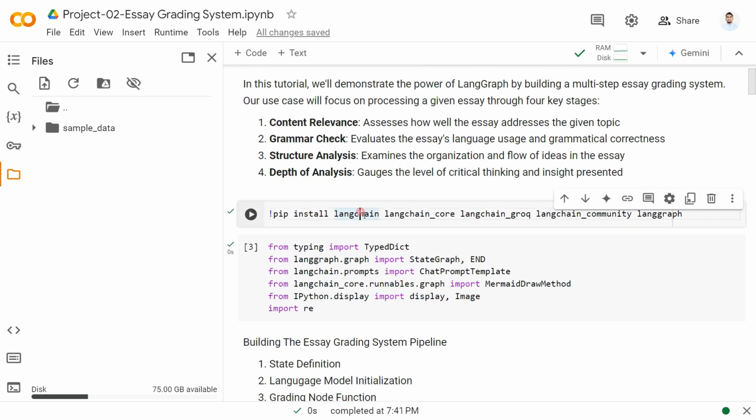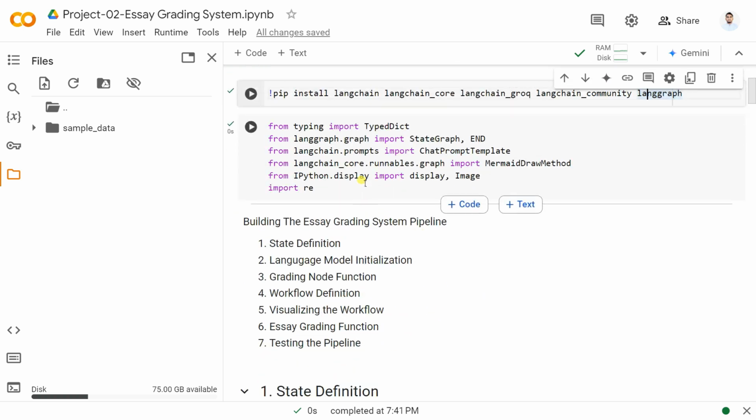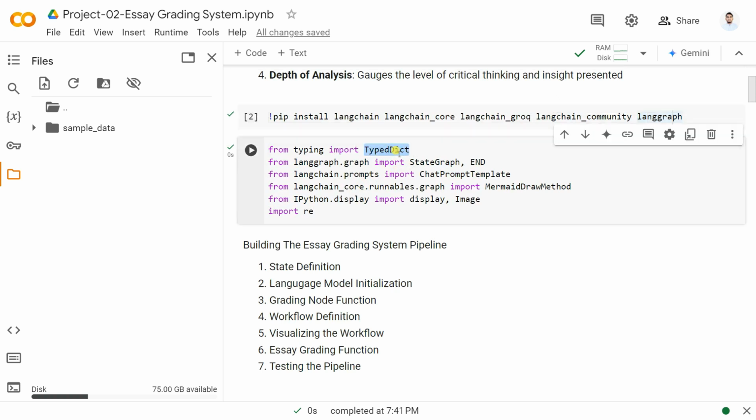तो हमने क्या किया, लैंगचेन, लैंगचेन कोर, ग्रॉक को इंस्टॉल किया, कम्युनिटी और लैंगग्राफ को इंस्टॉल कर लिया यहाँ पर। इसके बाद हमने यहाँ पर टाइप्ड डिक्ट को टाइपिंग मॉड्यूल से इंपोर्ट कर लिया, क्योंकि हमको स्टेट क्रिएट करना है। तो स्टेट क्रिएट करने के लिए हमको स्टेट के नाम और इसके बाद उसका डेटा टाइप मेंशन करना पड़ेगा, बस। इसके बाद स्टेट ग्राफ को यहाँ से इंपोर्ट किया।